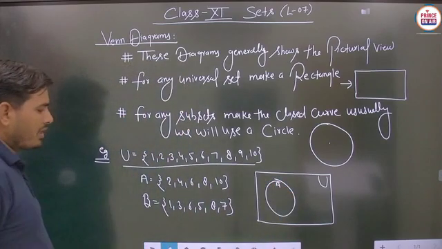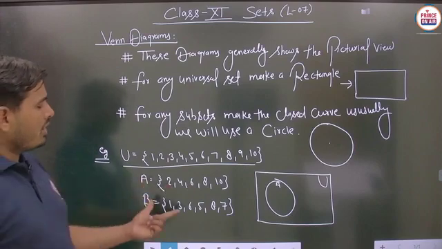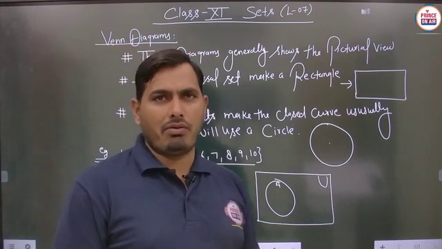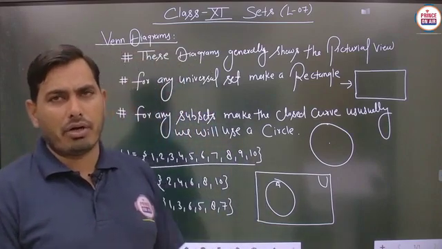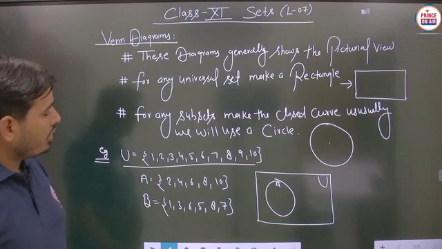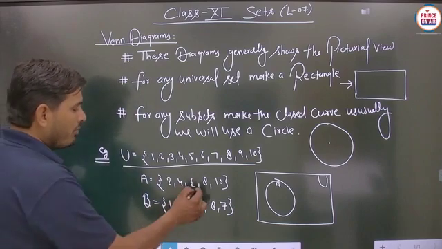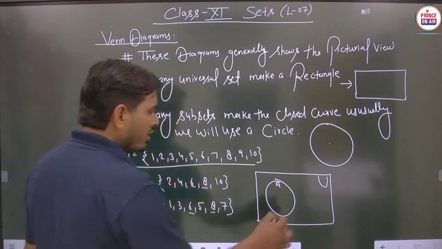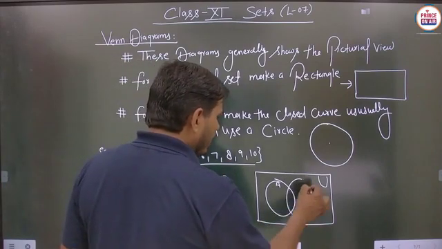Now the second circle is also to be there, because for each and every subset we have to make a circle, and the nature of the circle will be either intersecting or non-intersecting. It will depend on the sum of the elements. So here you can check, student, the two elements 6 and 8 are common to both the parts. So the nature of this circle will be intersecting.